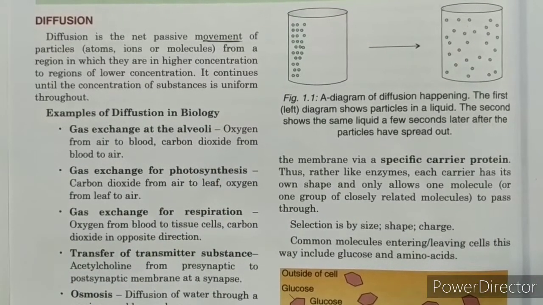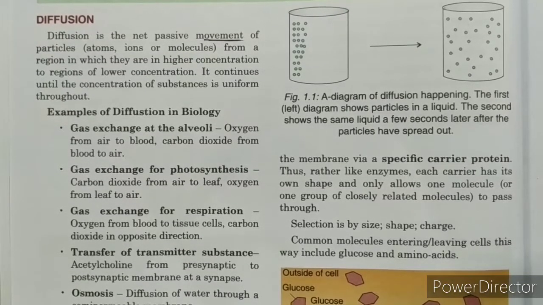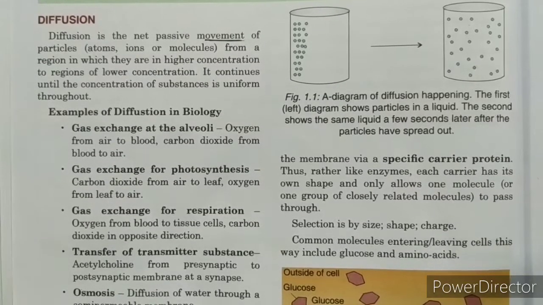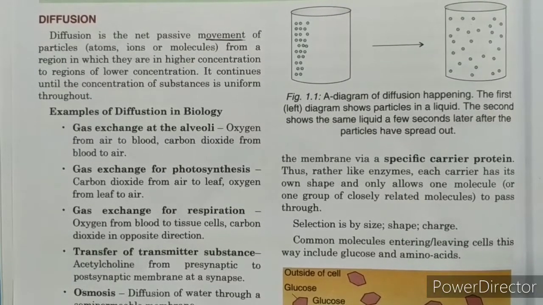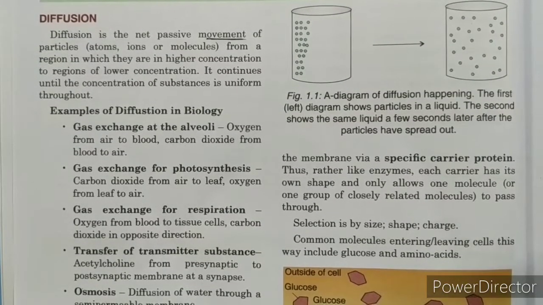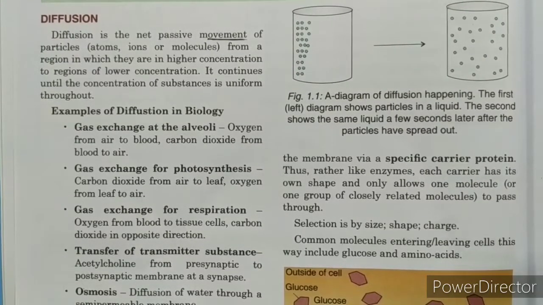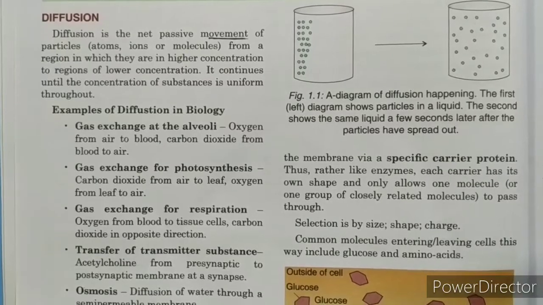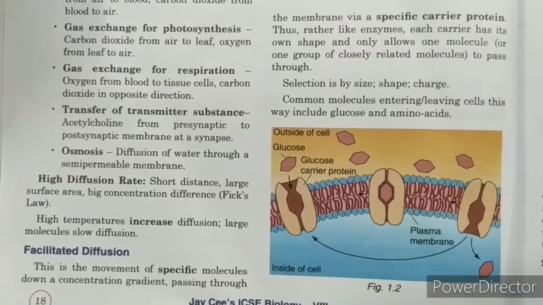We find it in our homes, and when you spray it or open the bottle at one end, you can smell the aroma at the other end as well. So this is done by diffusion, and the gaseous exchange takes place. This is how molecules move from higher concentration to regions of lower concentration. But now we are going to see